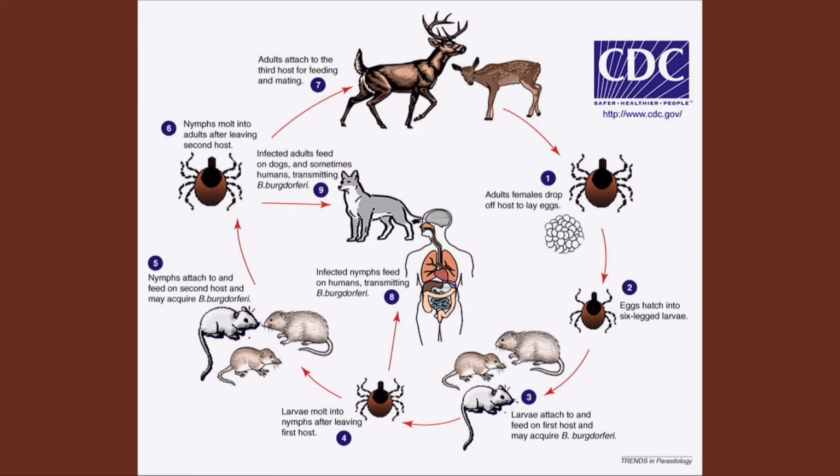This is a good schematic of how Lyme disease is transmitted. So an adult female will lay eggs. One thing to note is that when these eggs hatch, they actually don't have Lyme. They have to pick it up from another host. So the larvae that hatch attach to another host, usually mice or rodents, and they pick up Lyme, and then